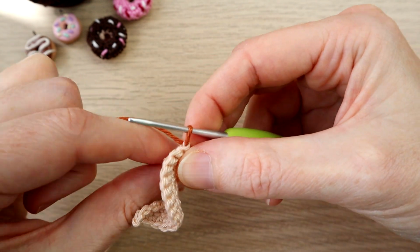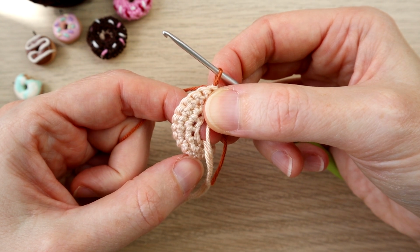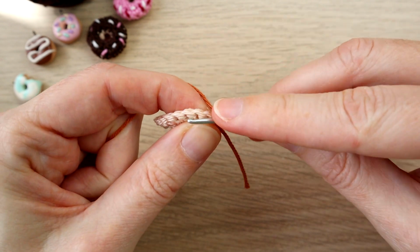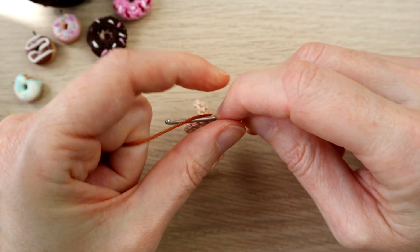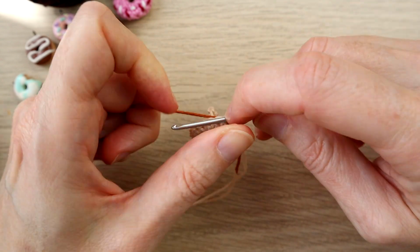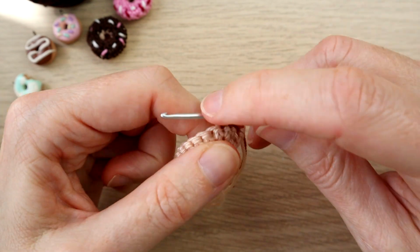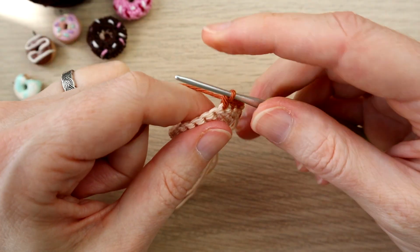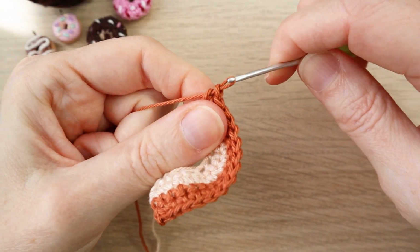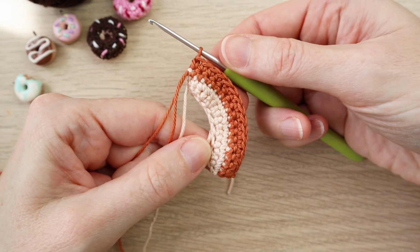Okay, then we're going to turn our work and we're going to do 1 single crochet in each stitch across, and we're going to do that for 2 rows. Okay, so 2 rows this time. So starting in that first stitch, work 1 single crochet in each stitch across, keeping a stitch count of 16, and we'll do that for 2 rows. Okay, so I shall do that and then I shall come back. It's just coming up to the last stitch on the second row,